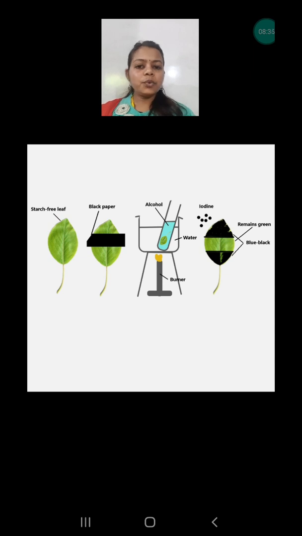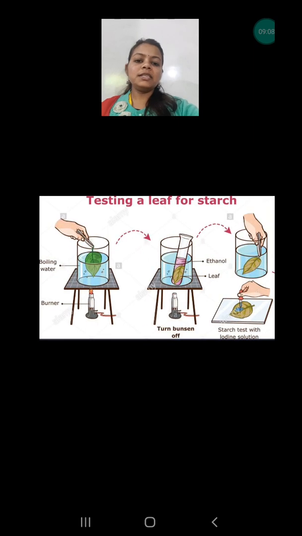How will we test whether the sun is important or not, meaning whether sunlight is important or not? The same process we have to do, but we have to cover a little part of the leaf with paper so that sunlight cannot be absorbed, okay. If we have to prove that the presence of sunlight is important for the plant, cover some of the leaf with black chart paper or tape and do all the activities that you have done previously, like this starch test.